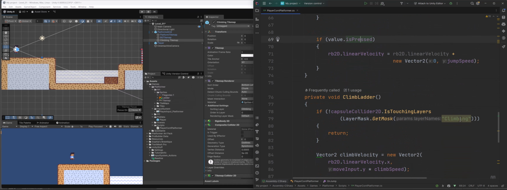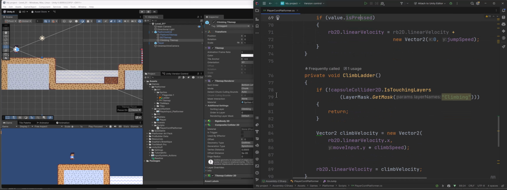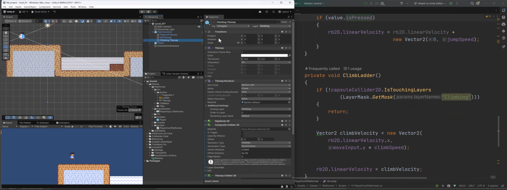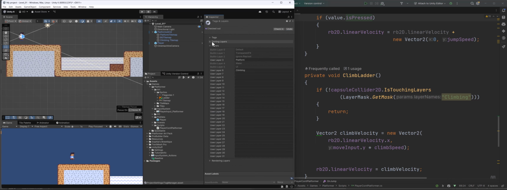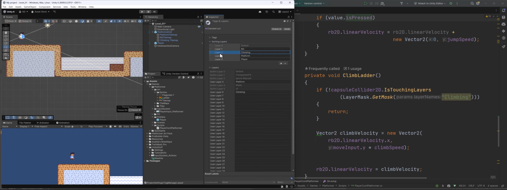Here we go. Am I touching something called climbing, right? My climbing layer, and that's this guy right here. So this is on a climbing layer, and it's a sort layer of climbing. And actually, let's go in here and see what happened with my layers. If I go to my sorting layers, we have climbing in front of background,